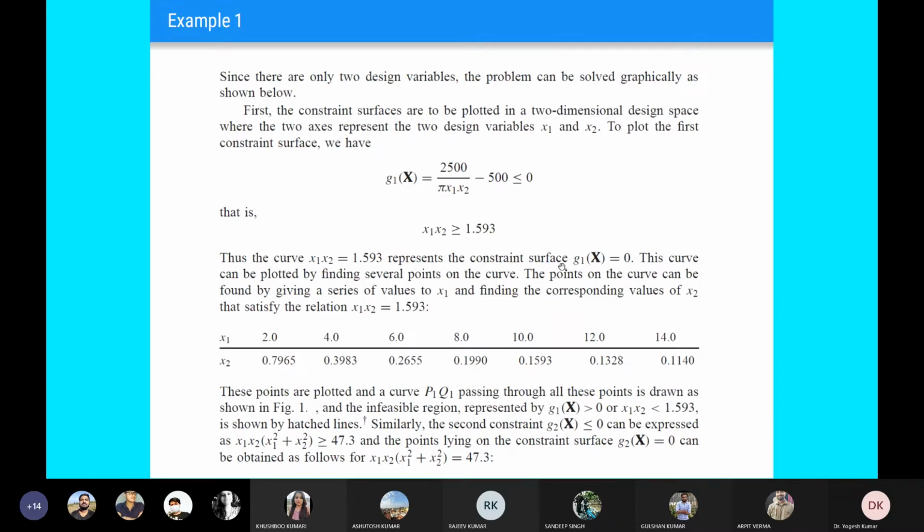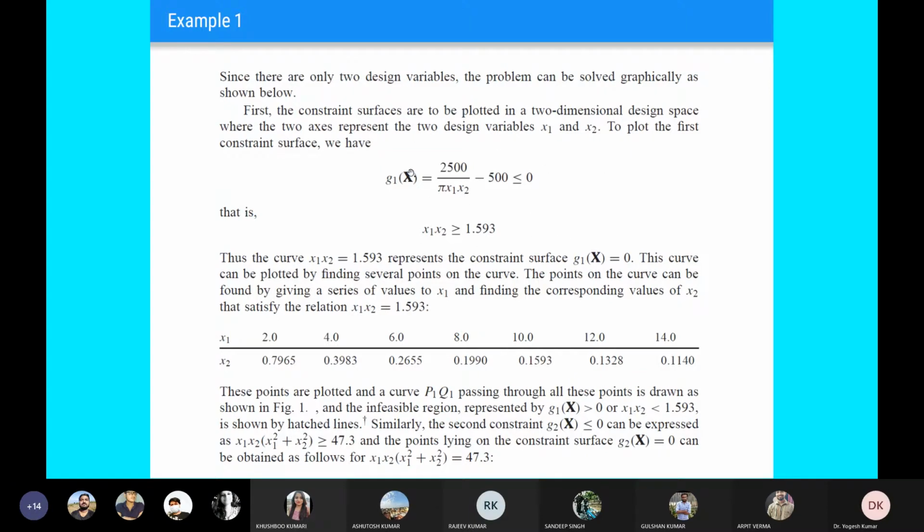So how have we drawn the curve? We draw the hypersurface corresponding to each constraint by equating it equal to 0. I told in the previous class how these hypersurfaces are created. We have to equate the respective constraint to equal to 0, and using that expression we can create hypersurfaces or constraint surfaces.